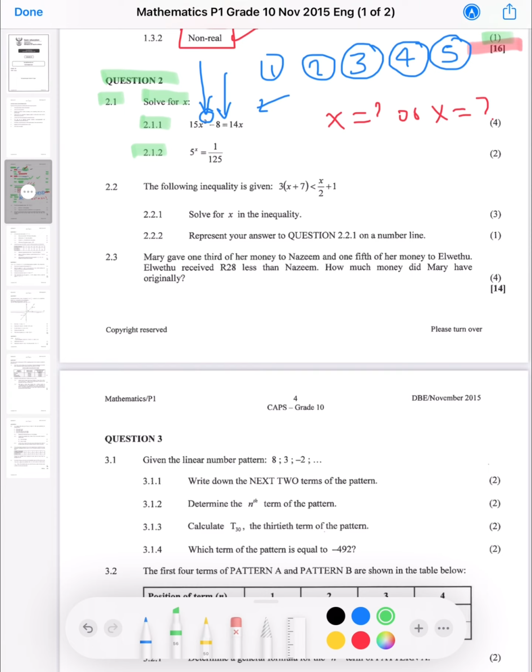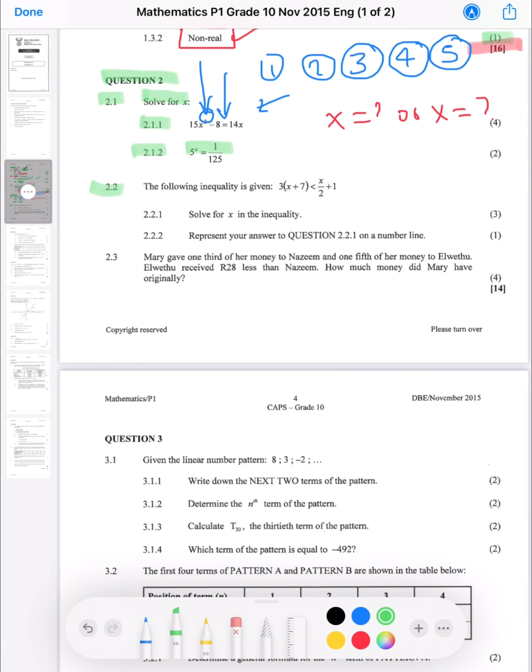What is this? Obviously, we're still solving here. What are we solving? We are solving for x. What type of a problem is this? It seems to be that of an exponential. Why? Because I see the power is the letter. So that means I need to apply the laws of exponents to solve this problem. Okay, number